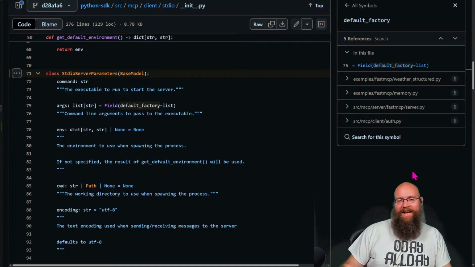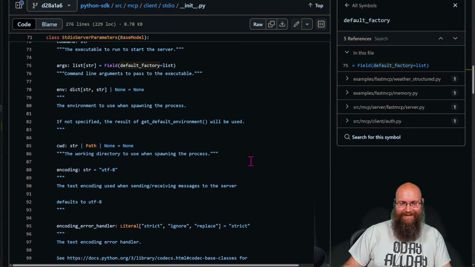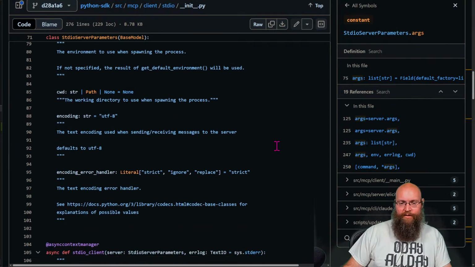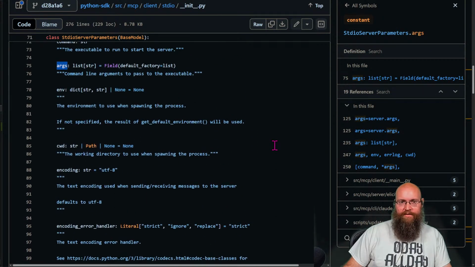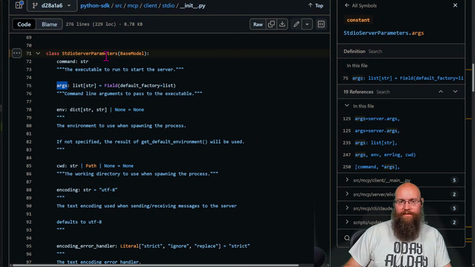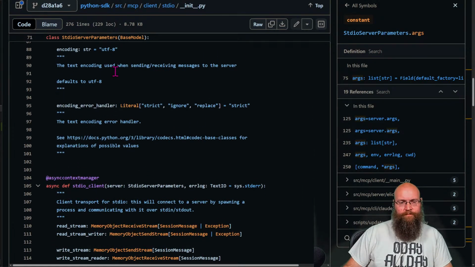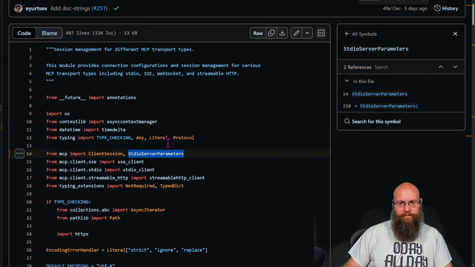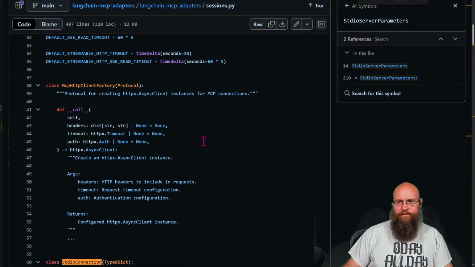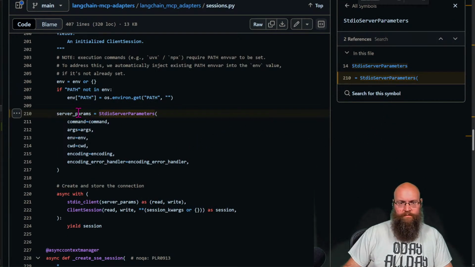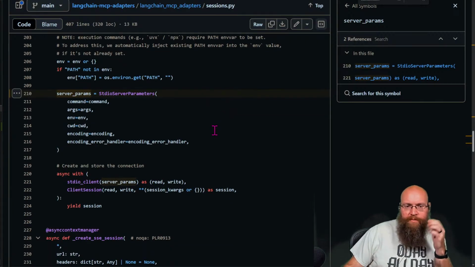Yep, I realized I had it on the wrong window pane. Let's see, so where's args being used in this? Where's our server params being used right here?